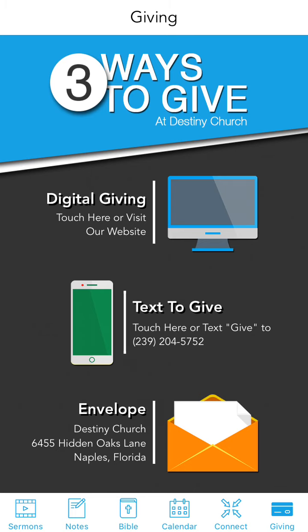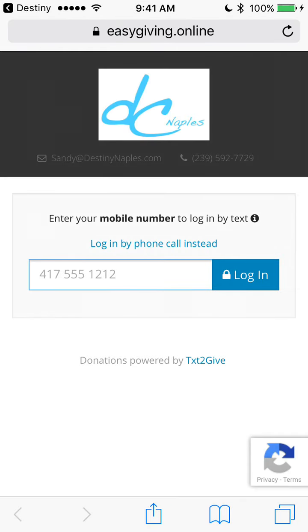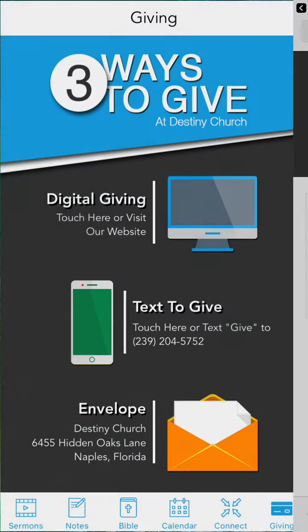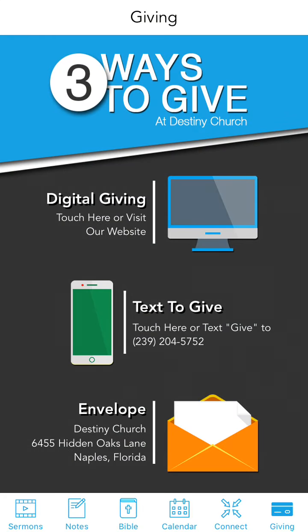So I'm going to go ahead and click the digital giving right now, and you can see it takes me to Easy Giving Online where you can give to Destiny Church. So you can do that, and then once you're done, you can, in the top left, go back to the app. But also if you want to text to give as well, instead of having to know the phone number, you can come right here, you can select text to give,